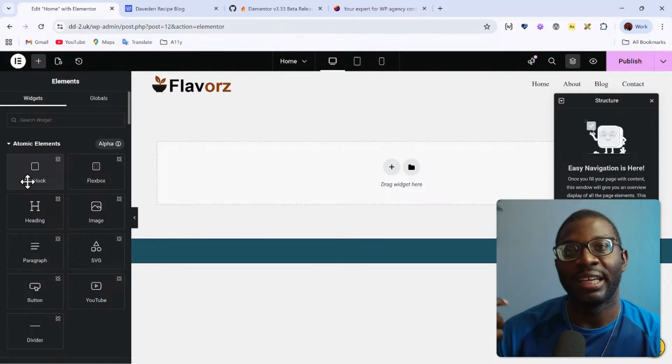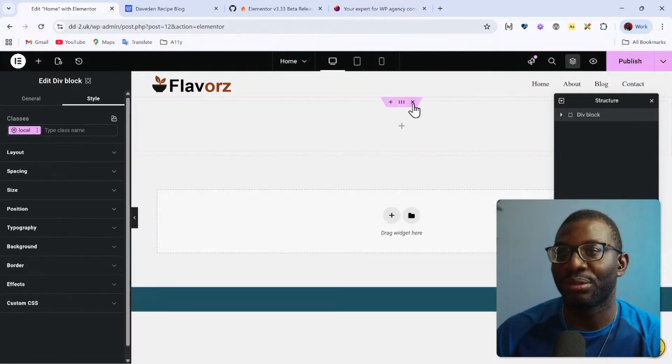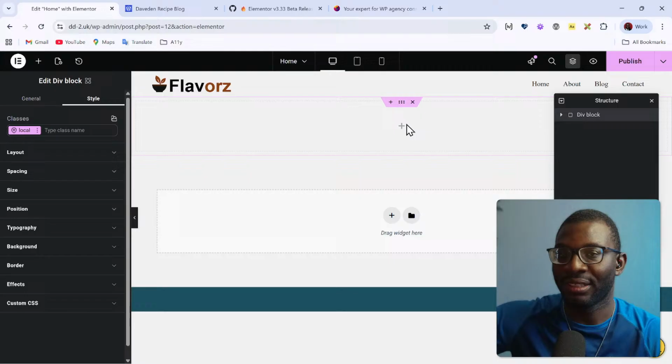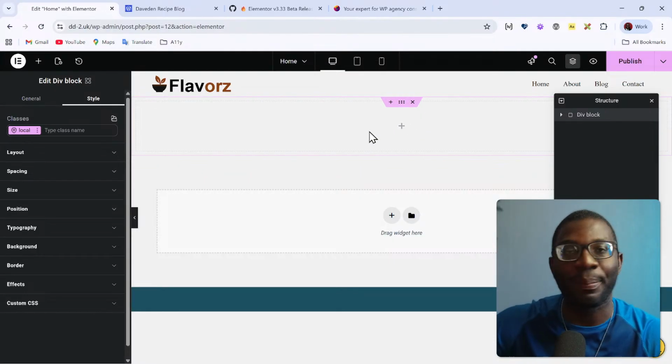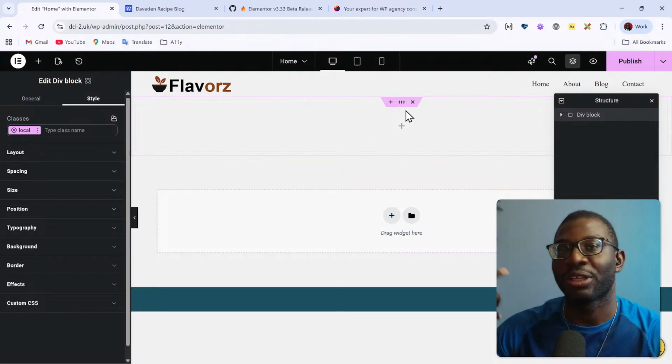So if you want a div, you use a div and it gives you a div. It doesn't give you a div with a wrapper div or any other kind of thing. If you drop in a div, you get a div. If you drop in a heading, you get exactly what you drop in, so that you can now build your